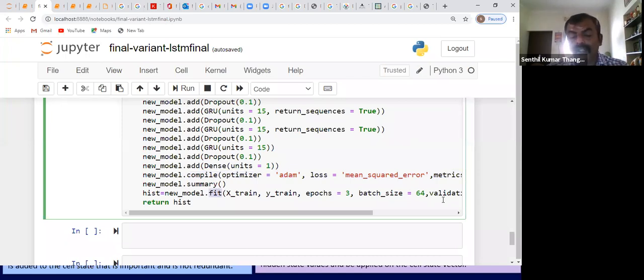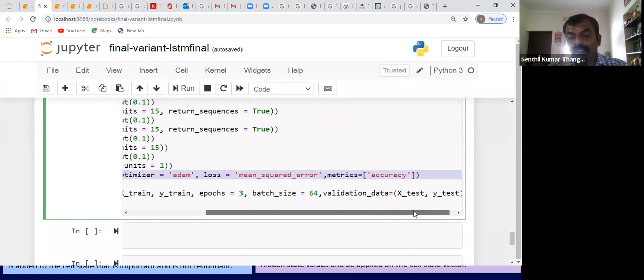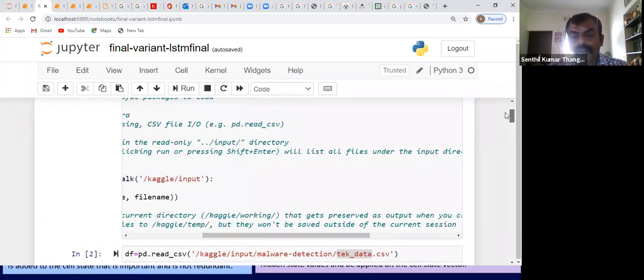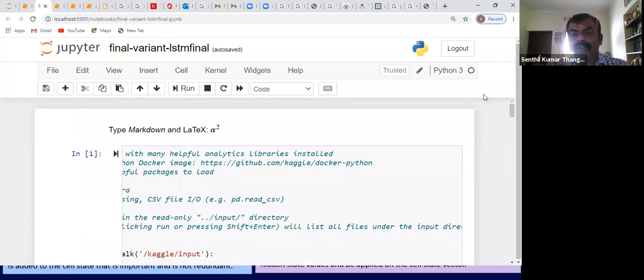The result, with the data being provided, will show us two values. One value is the resultant from the optimizer, that is the loss. The next parameter it will show us is the accuracy, right? It's a small implementation which I want you to see. This should give you an idea that I can take a botnet dataset which is available and run it through LSTM code. There are already existing codes on the internet. What I'm showing is what we are trying to do with our team, as a first level effort.